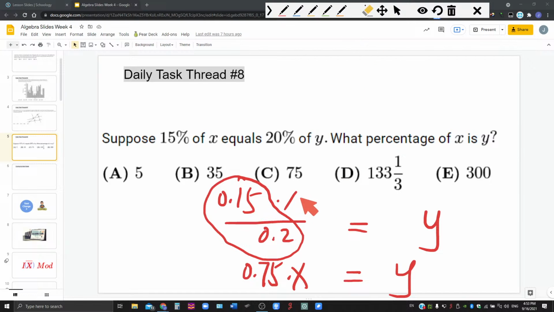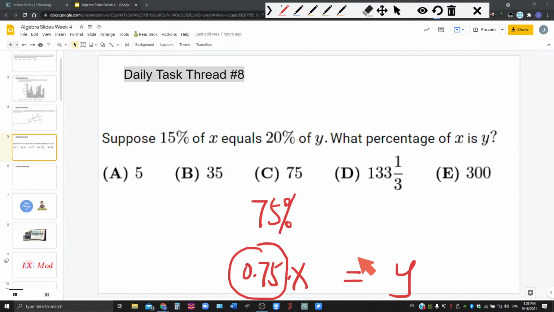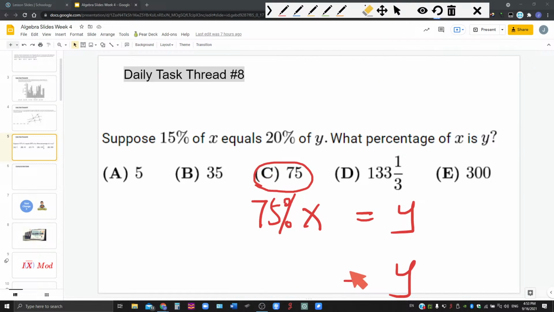So we have y now equals to 0.75x. Now the last step, we just want to translate this into a percentage. 0.75 is 75%, right? So therefore y equals to 75% of x. And the percentage here is 75. And that's